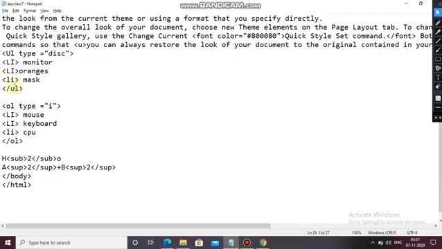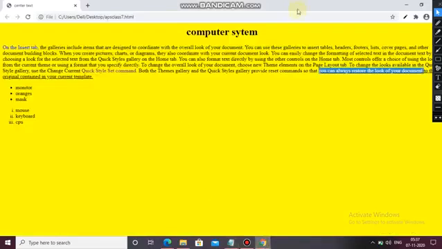Control S, refresh. See, here it is written: H2O, a square, b square.